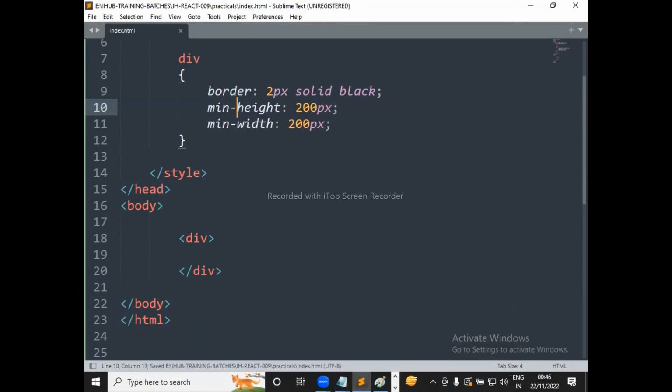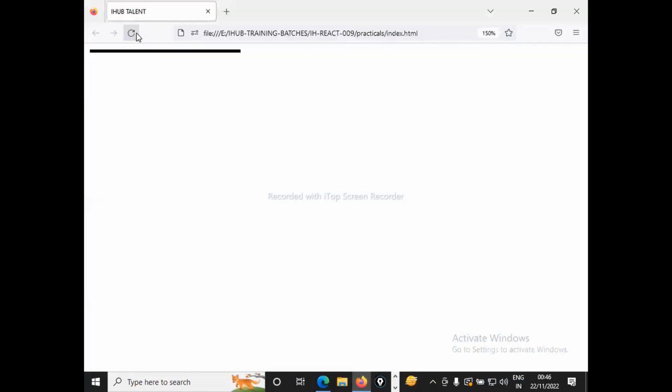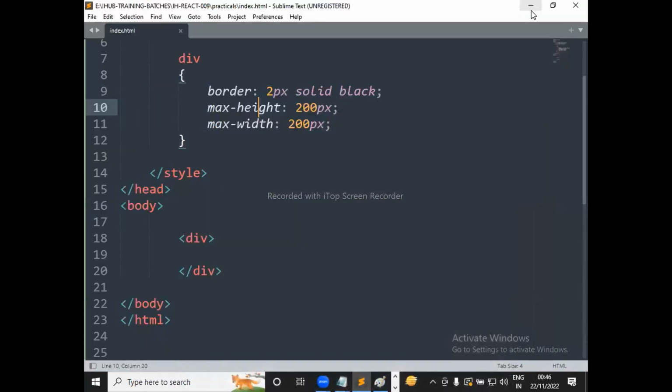Minimum height means what here? I will do one thing, I will keep max height first, max width. You will understand like this. When I'm taking max width, max height,